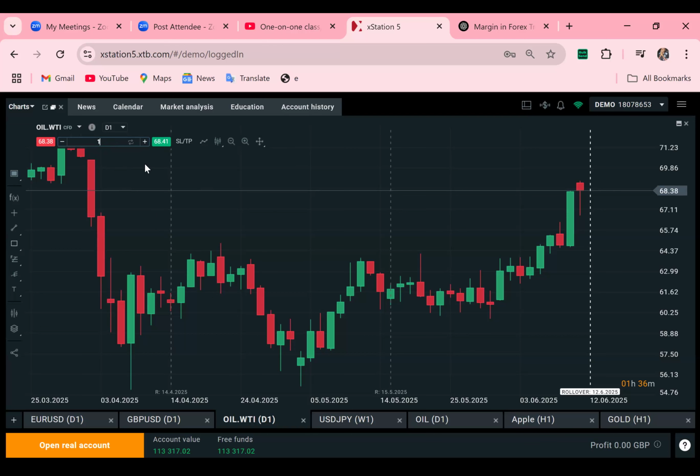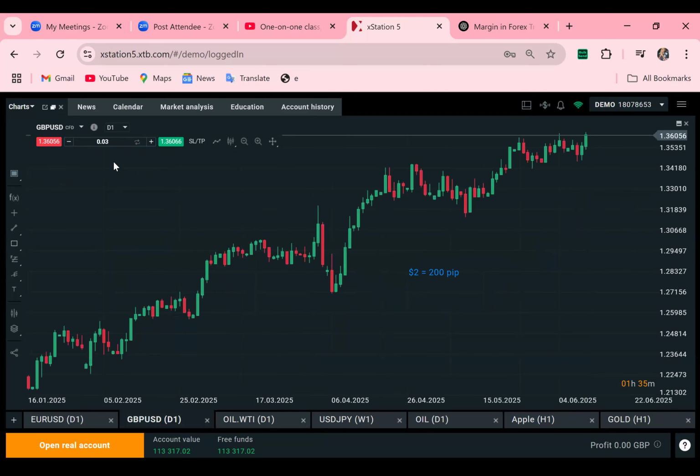Then assuming I use one lot, because I want to place a buy trade here. Assuming I use one lot to place this trade, it will be giving me $10 because it's 1 unit on oil. But if I'm trading it on Forex, this one lot, 1 unit I place here, it will give me just $1. But if I put $10, it will give me $10. In fact, any figure I put here is what it's gonna give me.